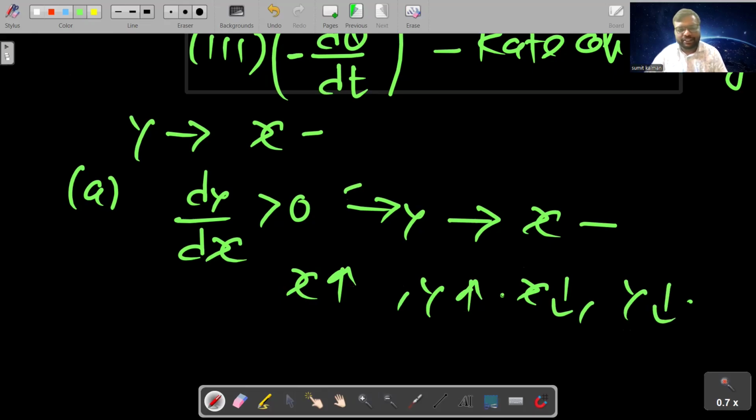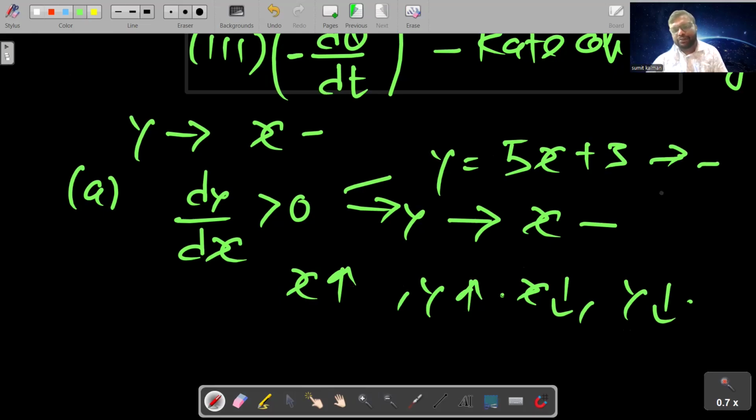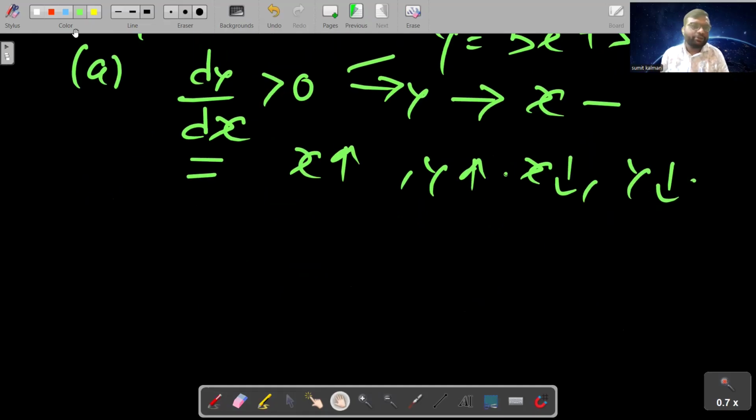You can verify this by taking any example. Suppose take y is equal to 5x plus 3. Increase x, y will also increase. Decrease x, y will also decrease. So this is all about the significance of dy upon dx greater than 0. Next,